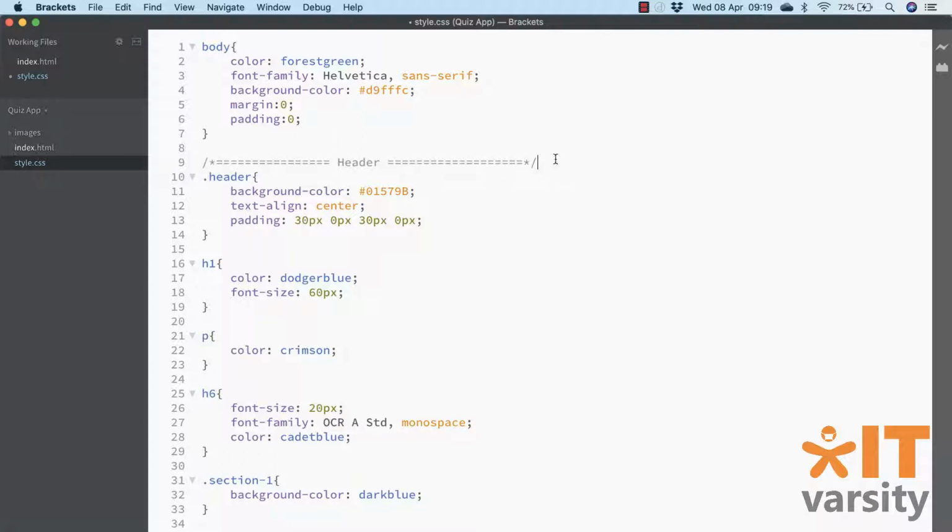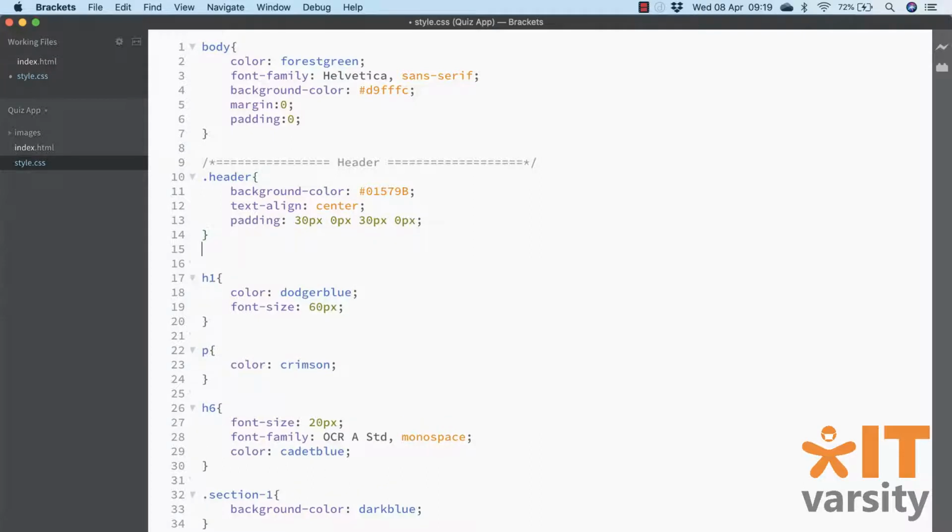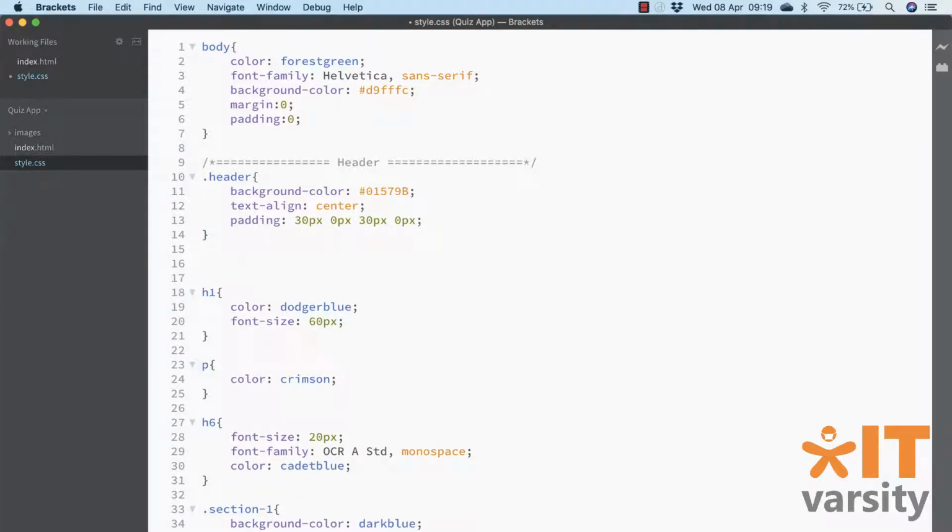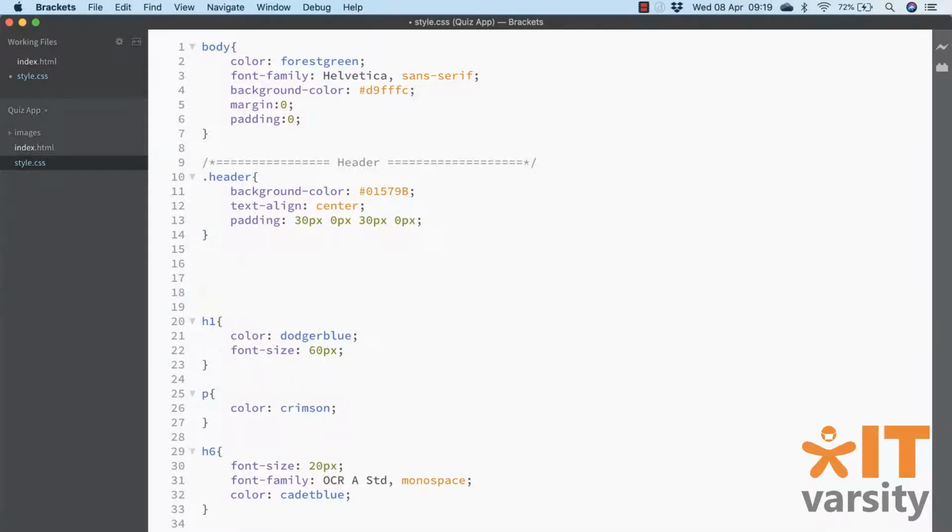This line is a comment in CSS. It's a line that your browser will ignore. It's for human readability, not for the computer to read. And then I'm going to add another one at the bottom of the header section. I'm just going to leave a few lines, again